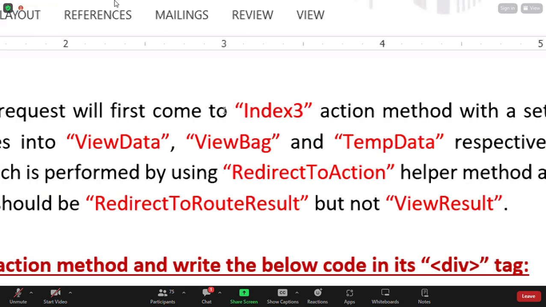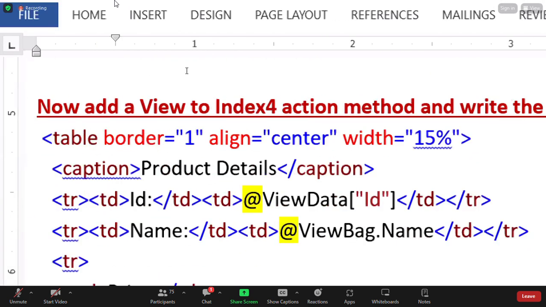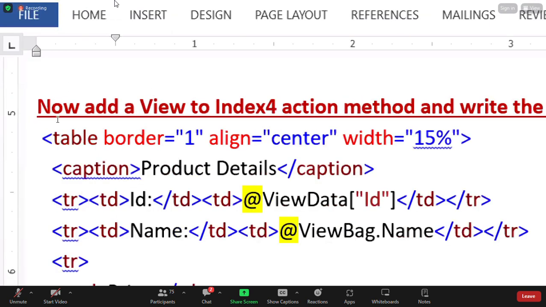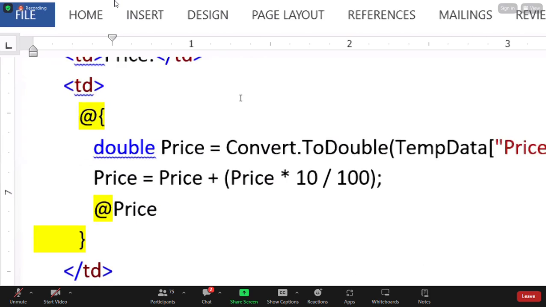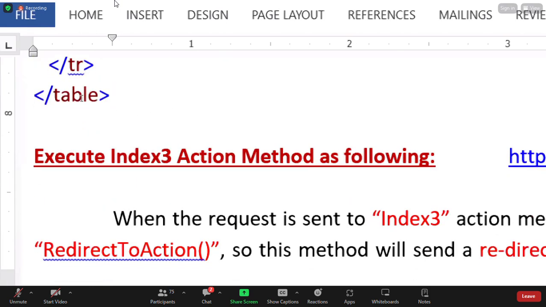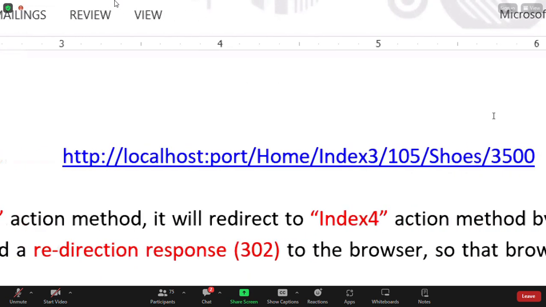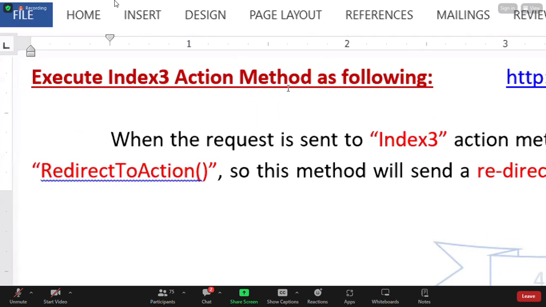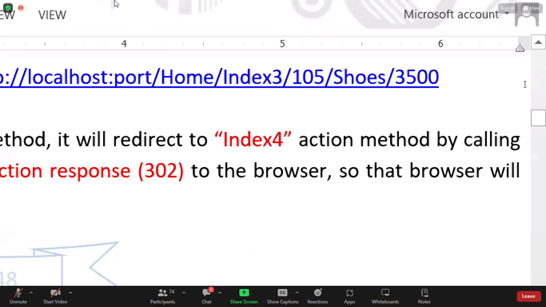Not view result, redirect to route result. Write the below code in the div tag. Write this code in the div tag. Okay, view data, view bag, temp data. Execute. Call your index action method. Okay. And now see, when the request is sent to index 3 action method, it will redirect to index 4 action method by calling